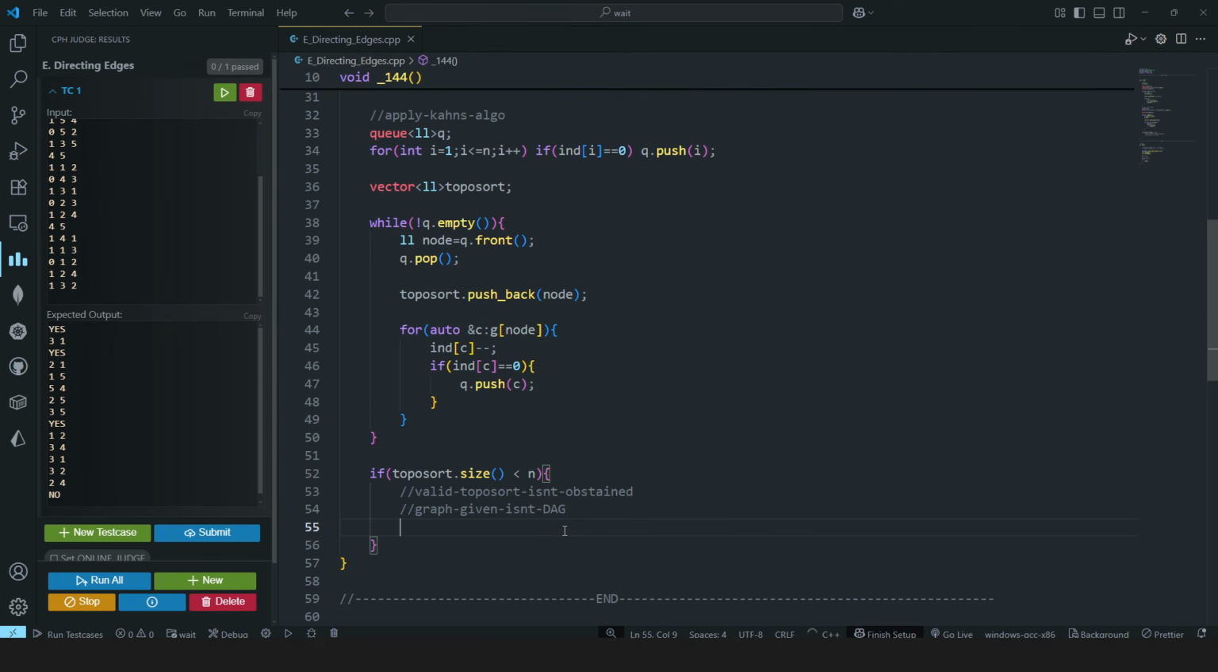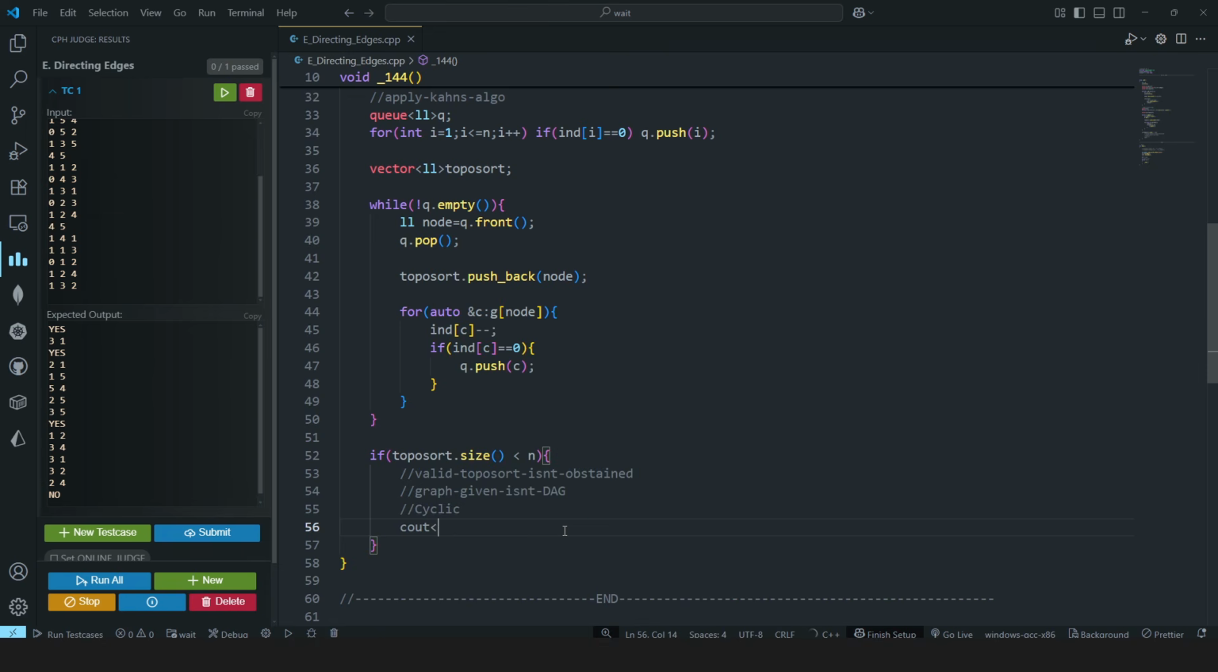So if it is not a DAG, then what is it? It is a cyclic graph. And if it is cyclic, it means that we can never make it acyclic, because it has been told in the question that we cannot touch the already given directed edges. So that's why we have to print a no here